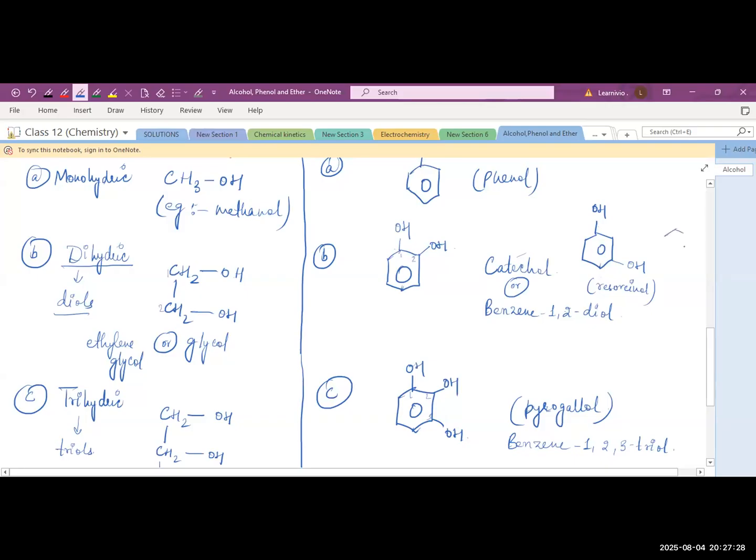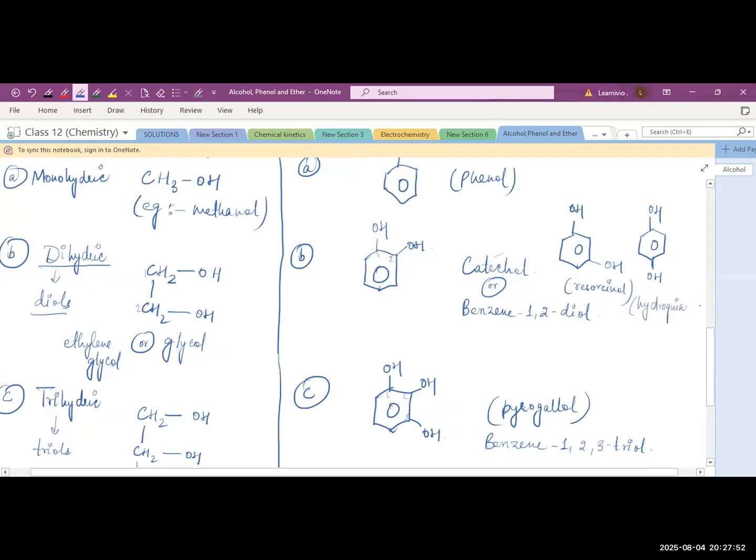Similarly, अगर मैं इसे OH यहाँ पे फर्स्ट पोजीशन, राइट, एंड इसके करस्पॉन्डिंग में है दिस इज ए पैरा पोजीशन, राइट. तो यहाँ पे अगर OH अटैच्ड है मींस 1, 4 पोजीशन पे, सो दिस इज योर नोन एज योर hydroquinone. Hydroquinone, right? और सिंपली इसे हम क्विनोल भी कहते हैं, क्विनोल। So you have to remember these names, आपको पता होना चाहिए ये सब नेम।